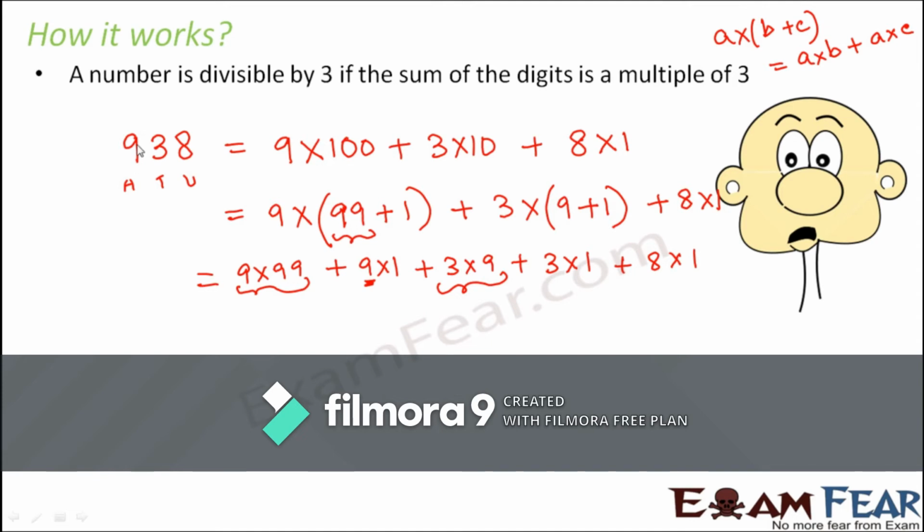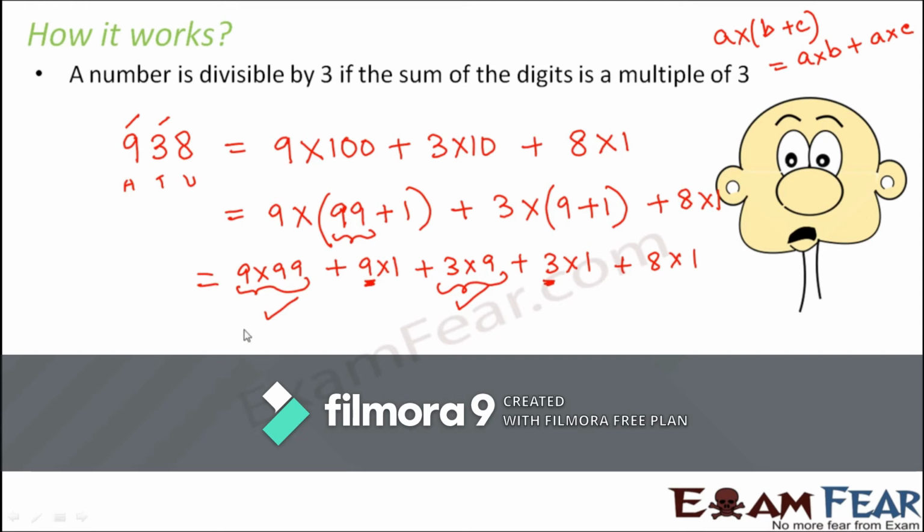So here it is by chance that in this number you have two such digits which are divisible by 3, but instead of 938 it could have been 428. In that case you would have had 4 here, right? So this term will not always be divisible by 3 because this digit can be anything. This can be an even number, this can be an odd number, this can be anything, right? So we assume that this part is divisible by 3 because this part will always have 99. This part will always be divisible by 3 because this part will always have this 9.